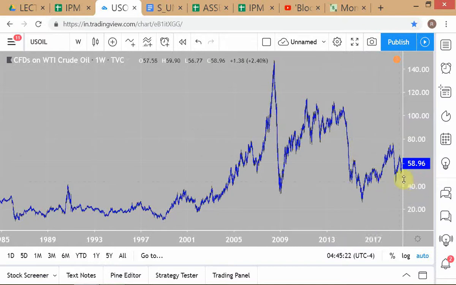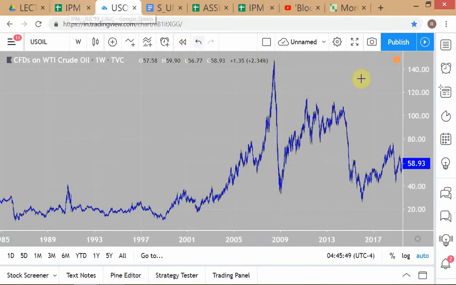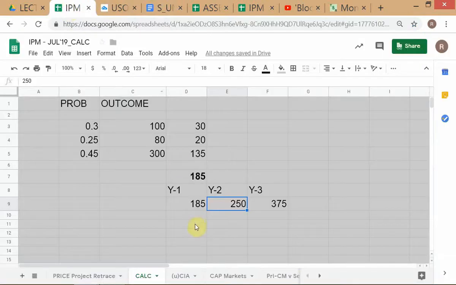So this cancellation of the project happened, I think, around 2016 or 17, when the price had already dropped here, and they didn't see much of a chance of recovering back to $100 a barrel oil. They might have planned the project somewhere around here, when the price was somewhere around here, but suddenly the price dropped, and the project had been planned with an average price realization of $100 a barrel. After investing $7 billion, they eventually realized that there is no chance of getting $100 a barrel for the